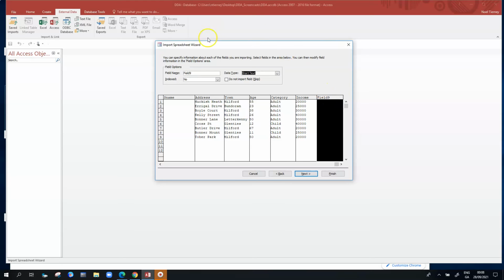It suggests it, and I could just import it and then delete it afterwards, but there's an option here where Access offers me the chance to eliminate it from the list. So I can choose the option not to import this field, and that's the most convenient way to pursue this. So I'm going to choose next,